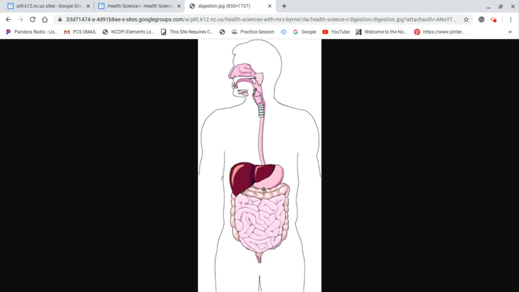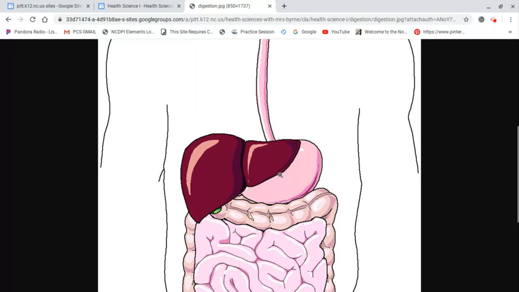So here's our stomach right here. Your stomach has two sphincter muscles. The top of the stomach has the lower esophageal or the cardiac sphincter. The bottom of the stomach has the pyloric sphincter. So we have the body of the stomach, which is in the middle, the fundus of the stomach, which is this upper rounded portion, and the pylorus, which is this narrow portion at the bottom. Those three portions of the stomach